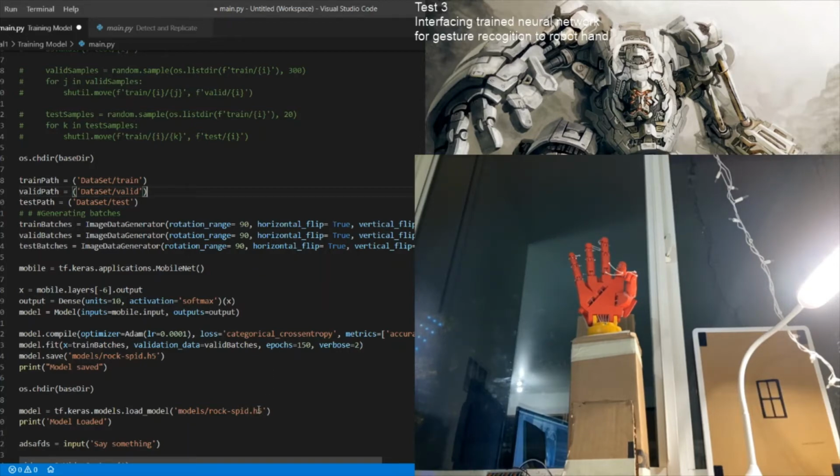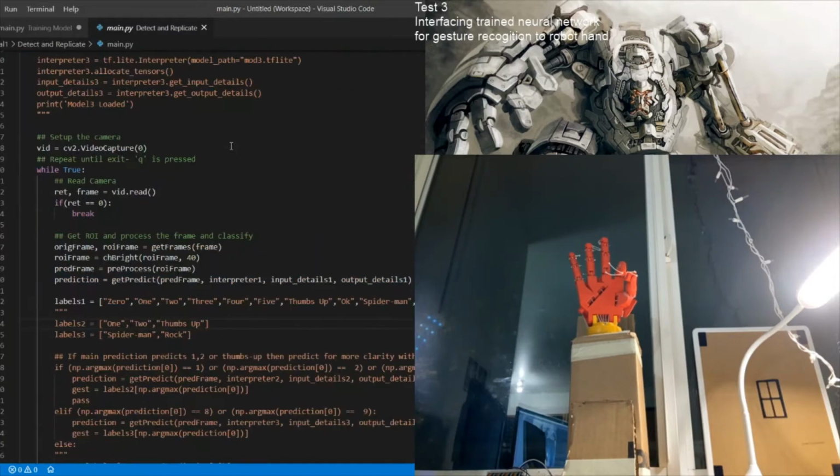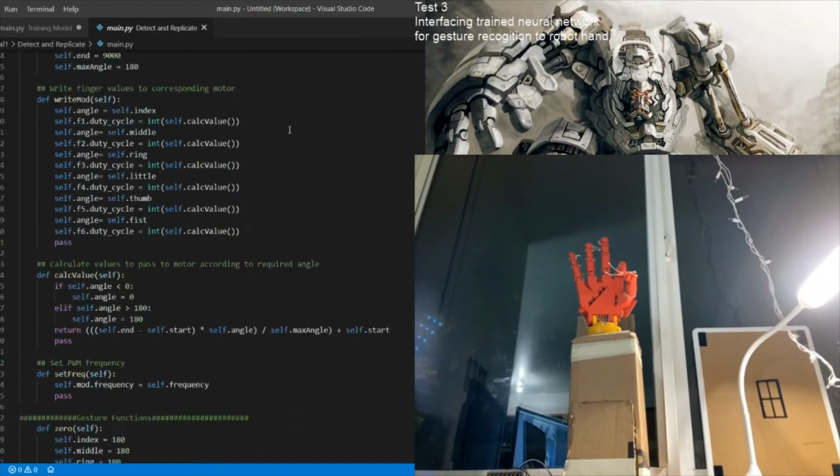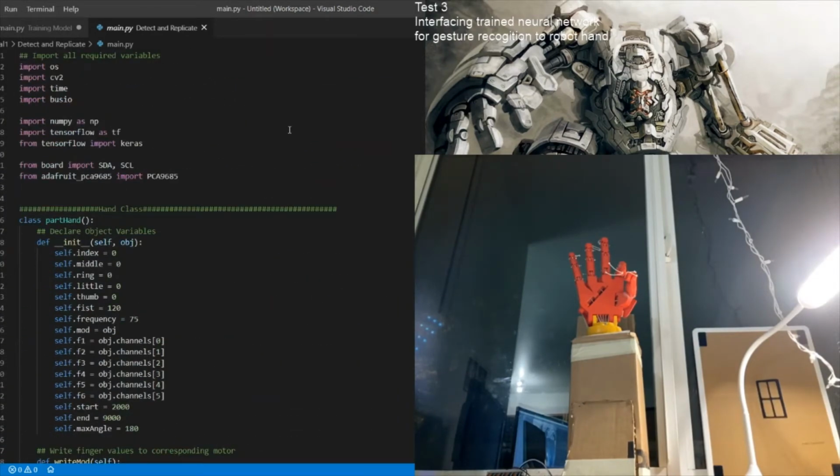A TF-Lite model is the same model as the H5, but it requires less computational power and is a bit faster than H5. The steps for converting from an H5 model to TF-Lite can be found on the TensorFlow website, and it is very simple. After I convert it to a TF-Lite model, I have used it in my main file.